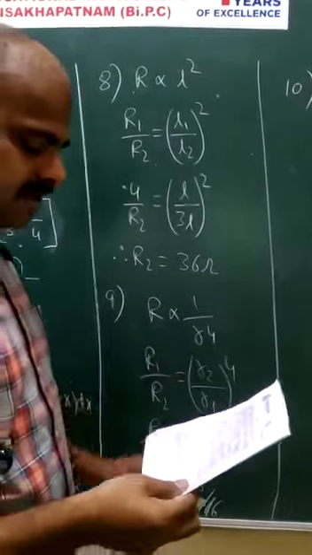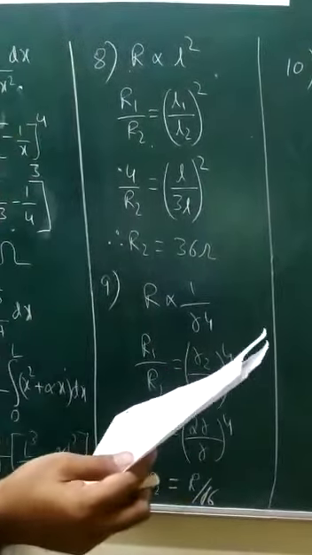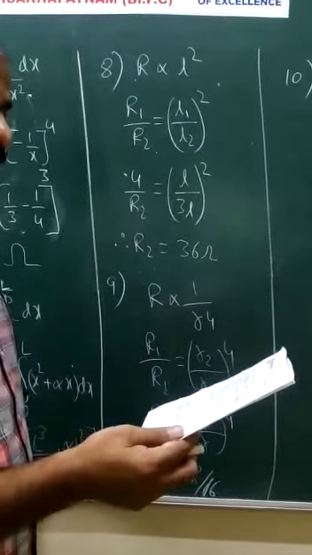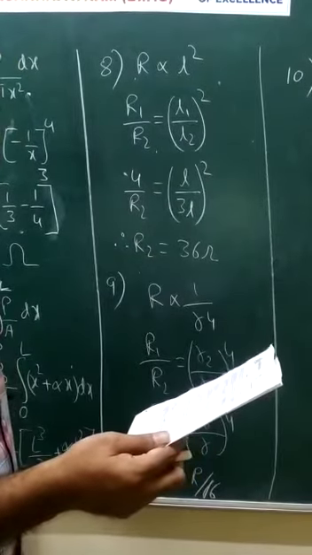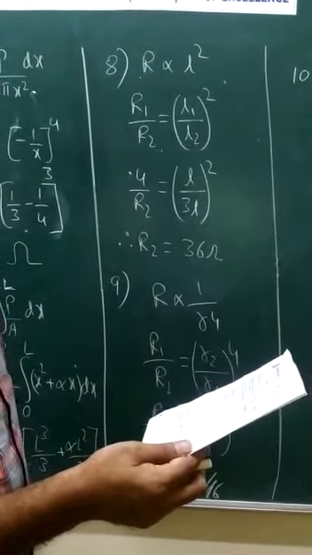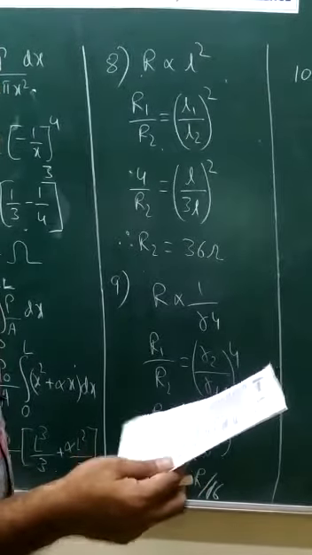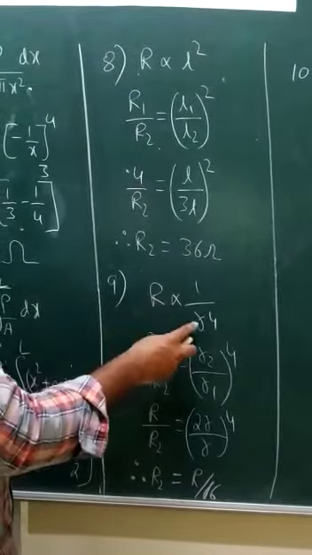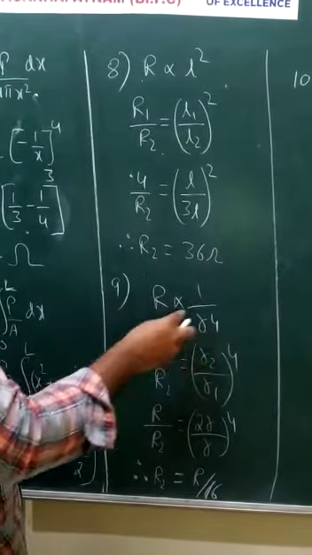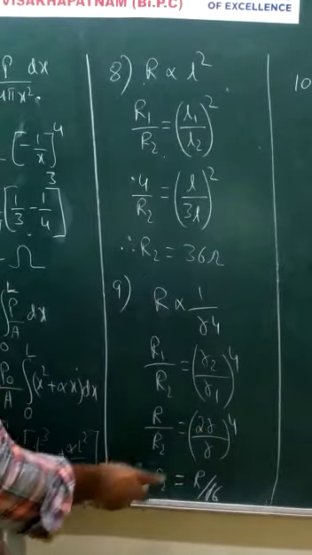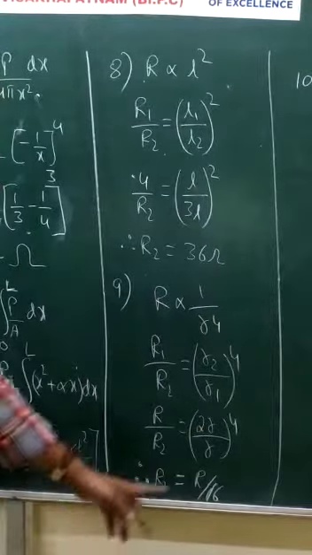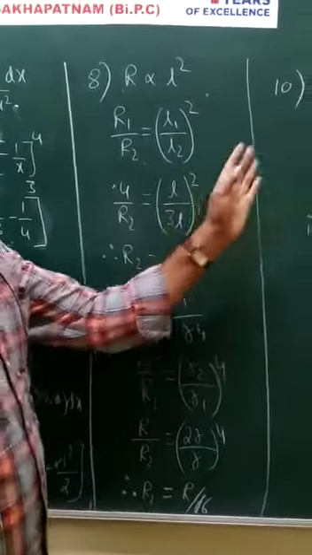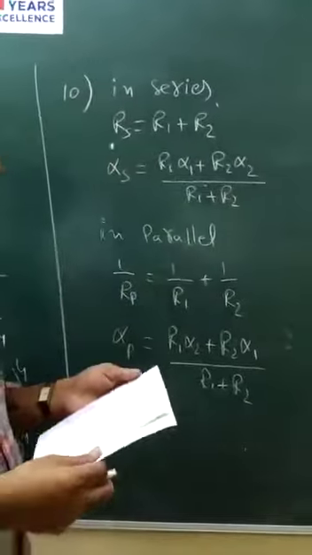Next, question number 9. The electrical resistance of a mercury column in a cylindrical container is R. The mercury is poured into another cylindrical container with double the radius of cross section. What is the resistance of the mercury column? We know that in the case of constant volume, resistance is inversely proportional to the fourth power of the radius. So by substituting the given values we get the final resistance as 1 by 16th of the initial resistance of the mercury column. And finally the question number 10.